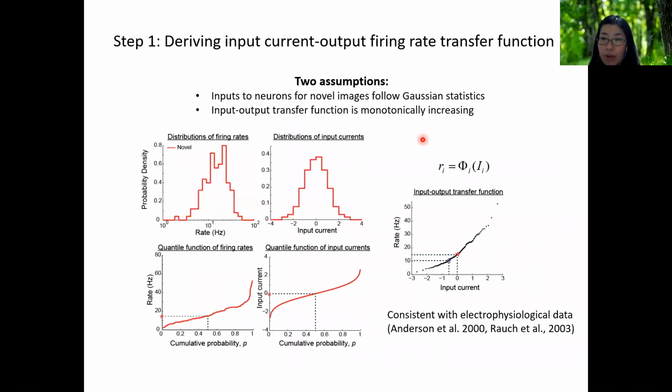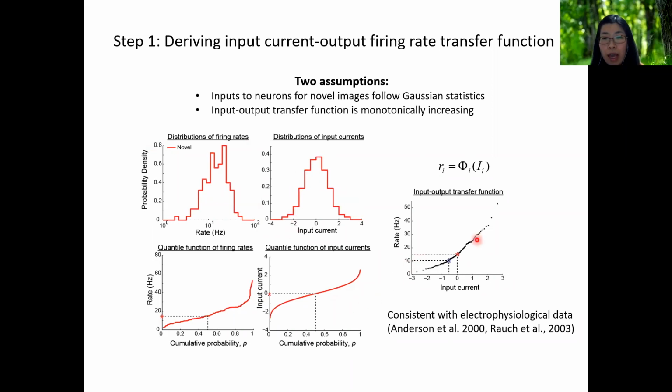To infer the changes of the input currents, we need to find out this input-output transfer function. To derive this transfer function from the data, we made an assumption on the statistics of the input currents for the novel stimuli: that it follows Gaussian statistics.